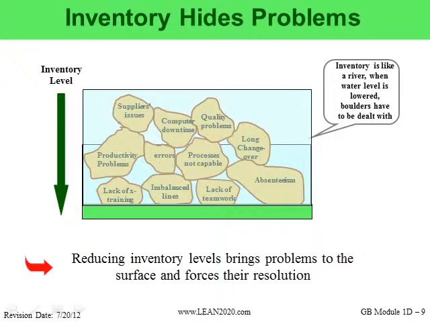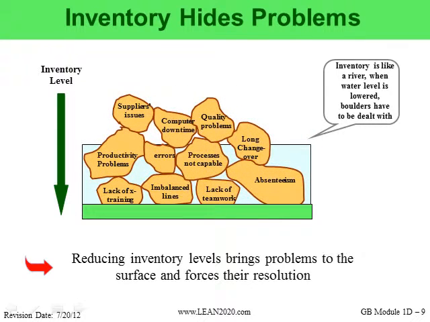So if we think about inventory levels as this water level, generally what we want to do is have the lowest amount of inventory possible. But as we reduce the level of inventory, we start to encounter problems. Some of these problems are long changeover times, maybe cross-training, quality issues, process capability. We don't have the flexibility. The example I used relative to the